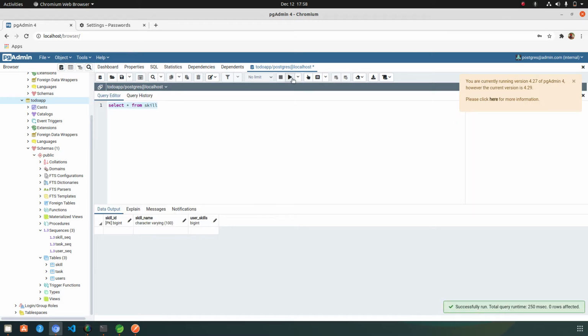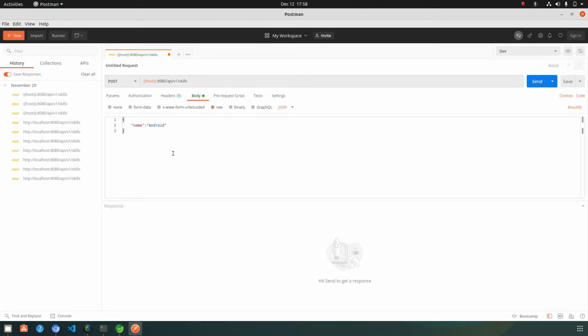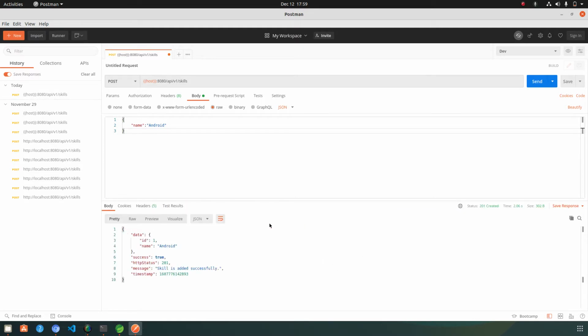So our database tables are empty, and now go to Postman and use the last request that we were using to create the skills. I am using the Android skill, and I am hitting the API using Postman.